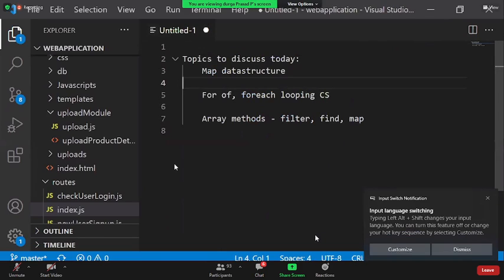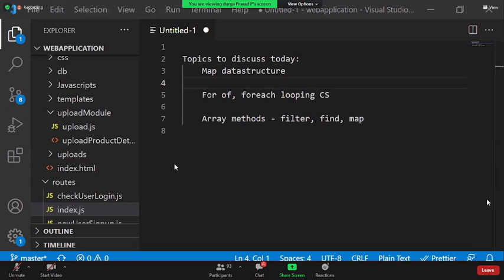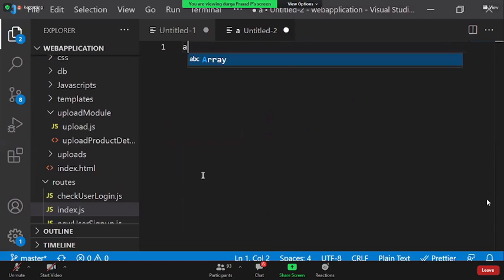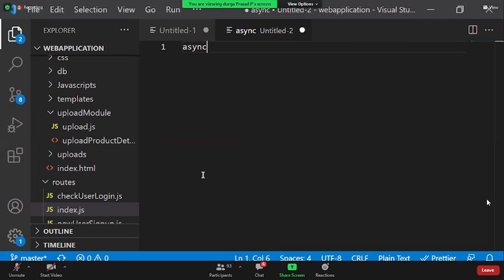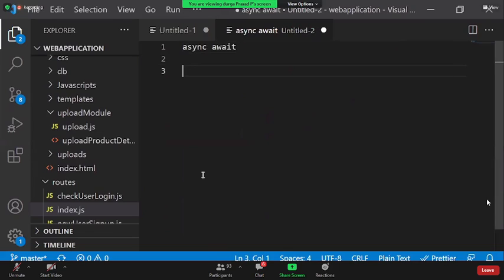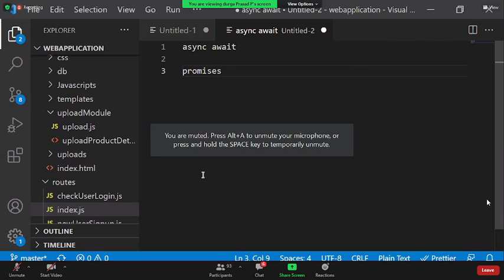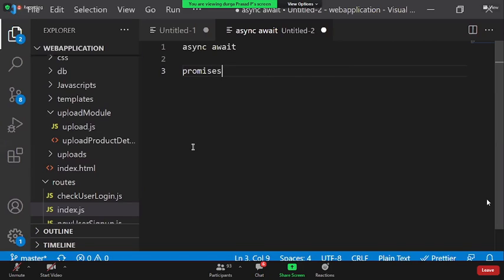I think Shreyas is having a question. Very good question. What is tomorrow's topic? We are not yet done with the current topic. But for tomorrow, I'm going to cover the main and mostly the last topic of your ECMA 6, which is async and await. The very, very important methods. At the same time, we are going to talk about JavaScript promises, one of the most important concepts. So these things I'm going to discuss tomorrow with some pending methods.